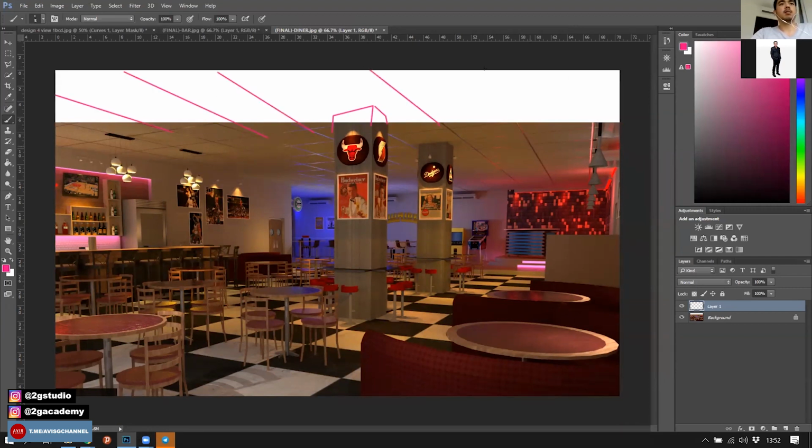Something like that. I think it's better to show the whole room. And after the composition, you will need to adjust all the details in the modeling. You need to adjust the modeling and the texturing before we go to the lighting at the end. If you can see in here,